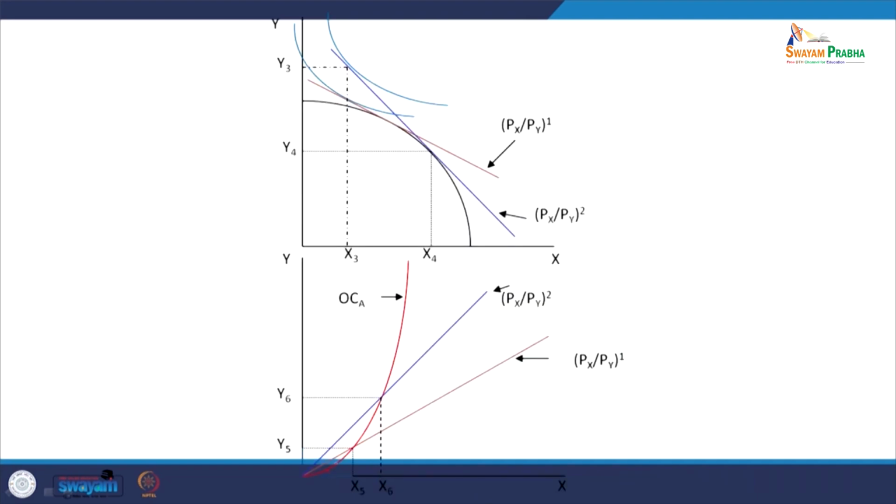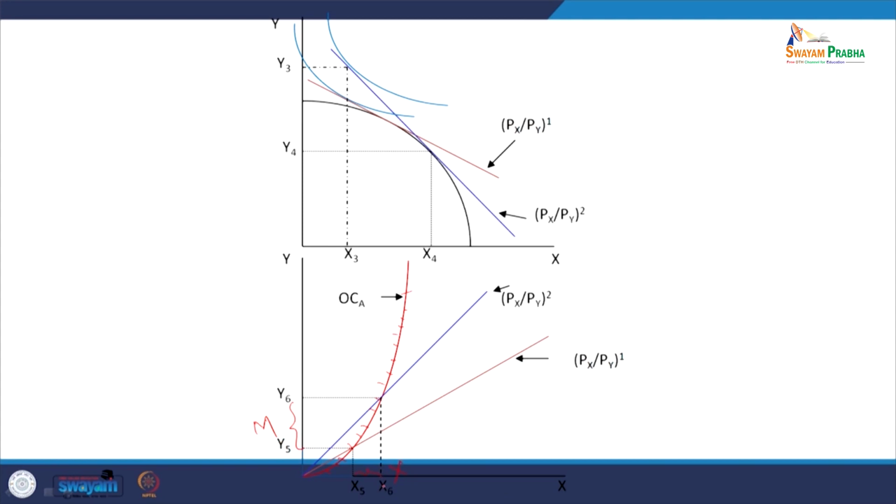So, this is the point, this is our new offer curve. This is for country A. Now, what are the interpretations for it? Interpretation is how much country A is demanding the imports in order to be ready with export supply to country